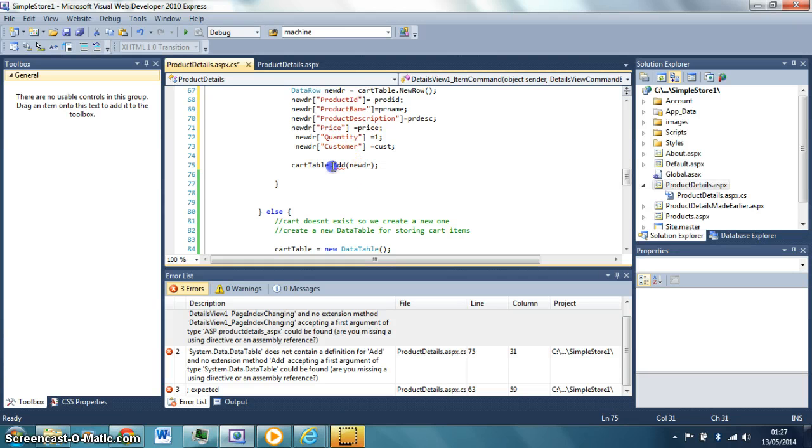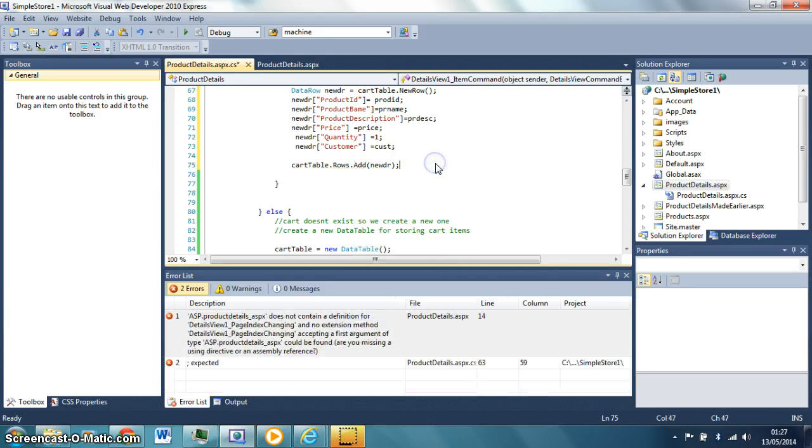Oh, that was meant to be rows.add. Now basically what we have done is we have, oh,